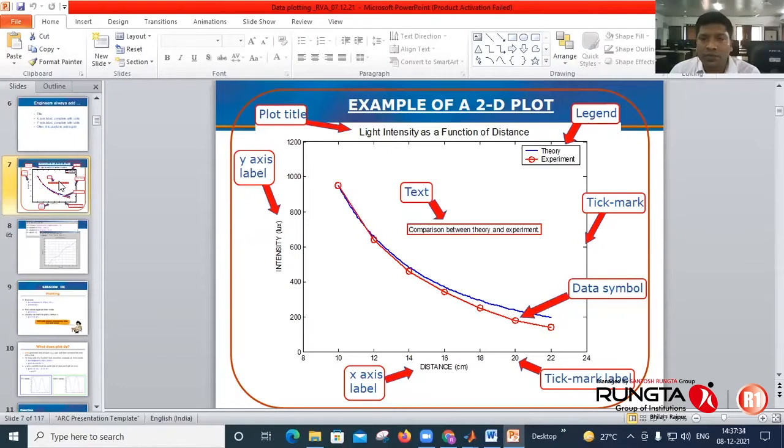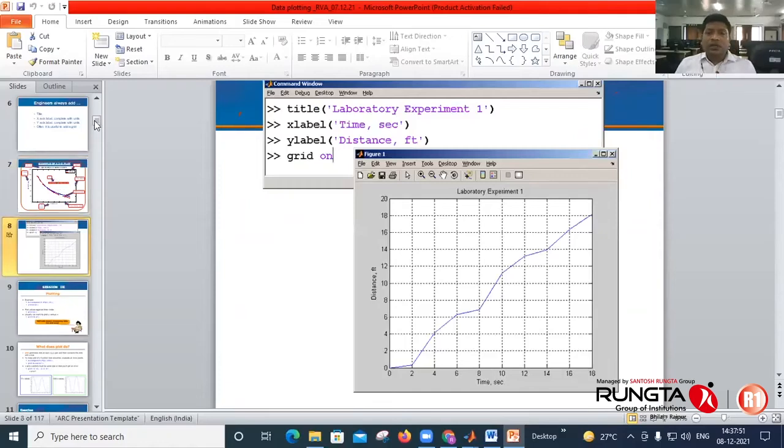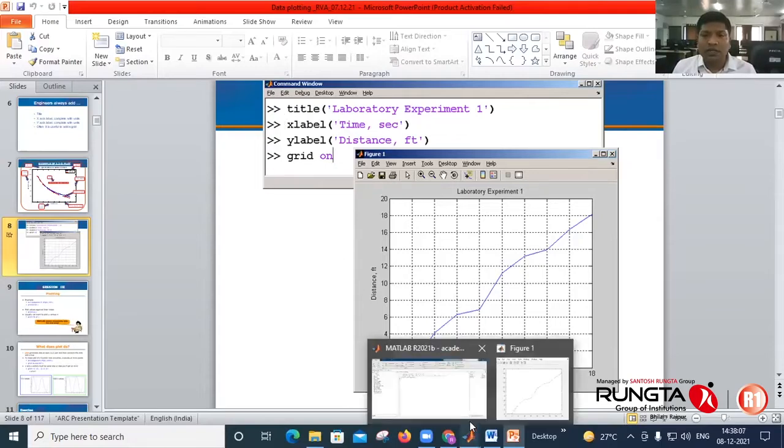It will make a good plot or graph with which you can represent your results. So how to get this? To add a title, the simple command is to type title and in brackets, in single quotes, specify the title of the graph.